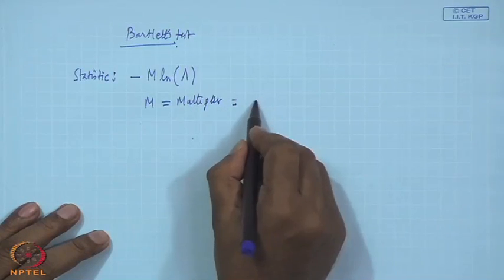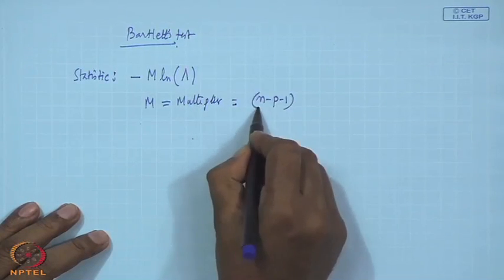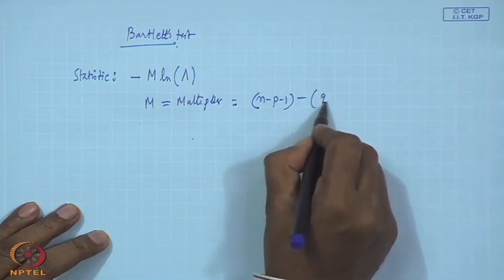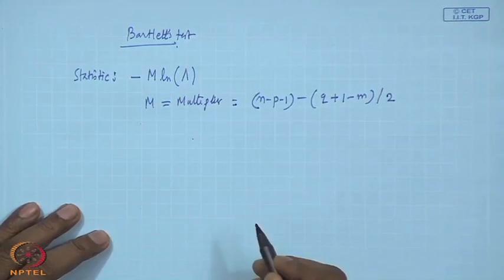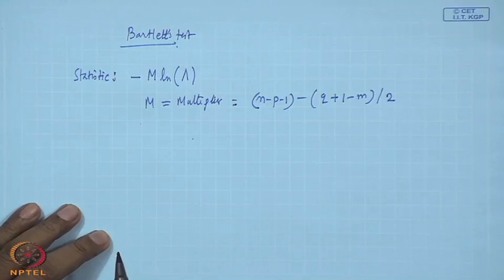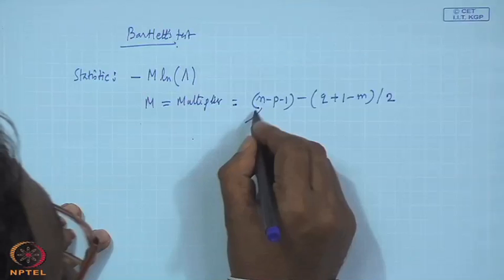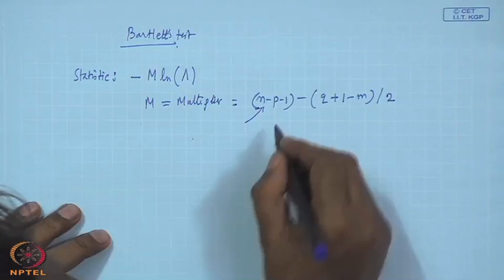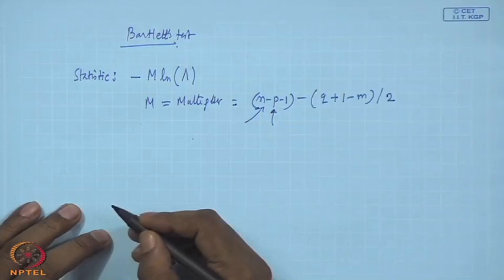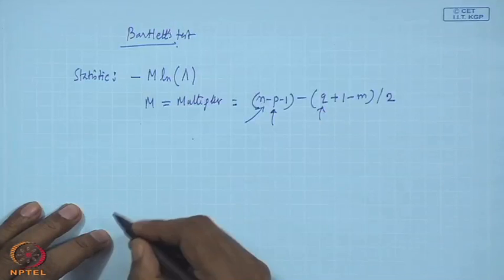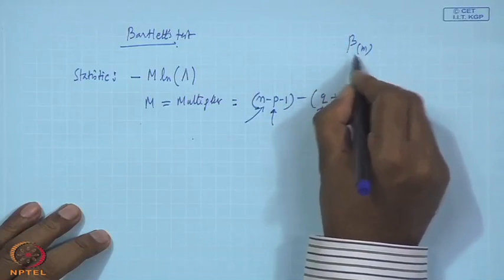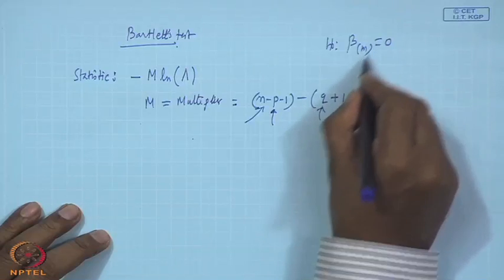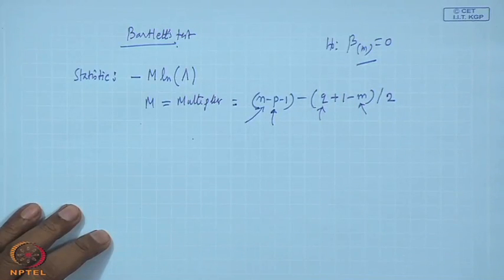This value is n minus p minus 1 minus (q plus 1 minus m) divided by 2. Okay. So, you know what is n? Total number of observations. What is p? Number of x variables. What is q? Number of y variables. What is m? That we are saying beta m under H0, beta m equal to 0. So, those m variables you have dropped,